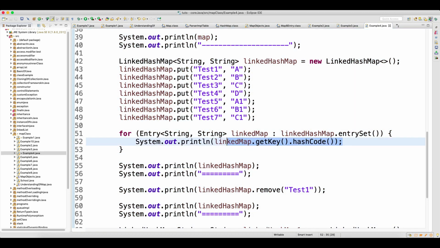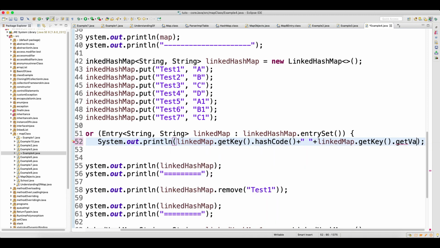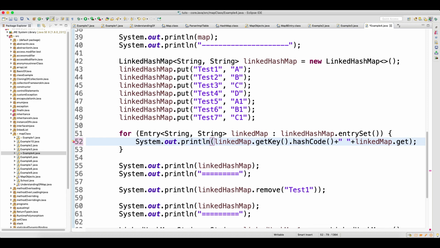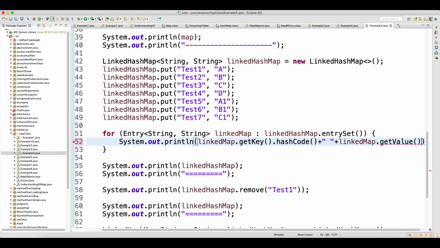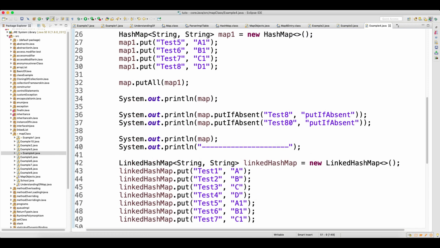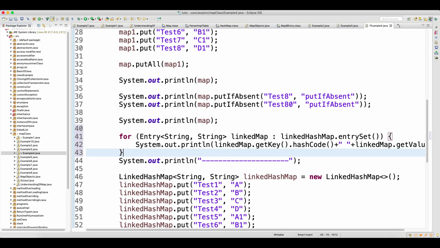I will print the hash code, and then I will also print the value, get value.